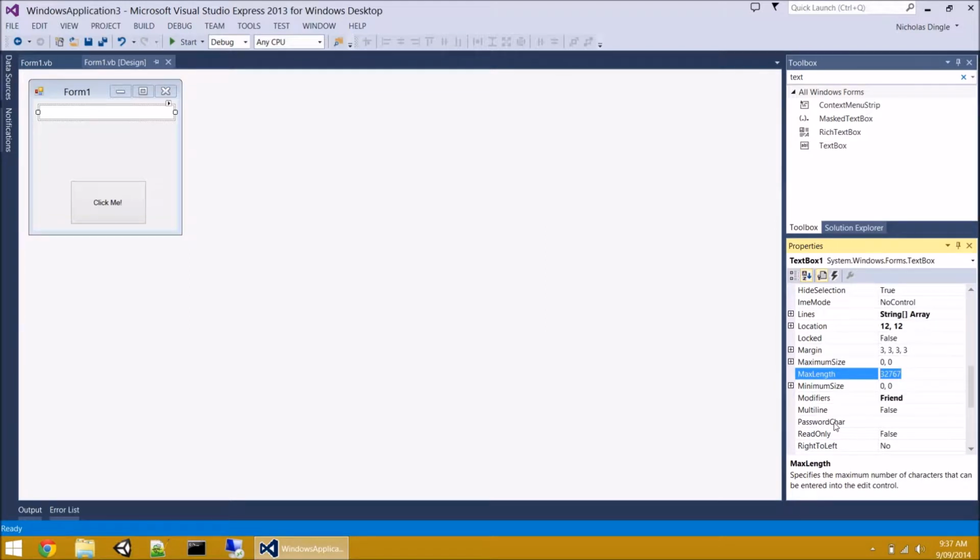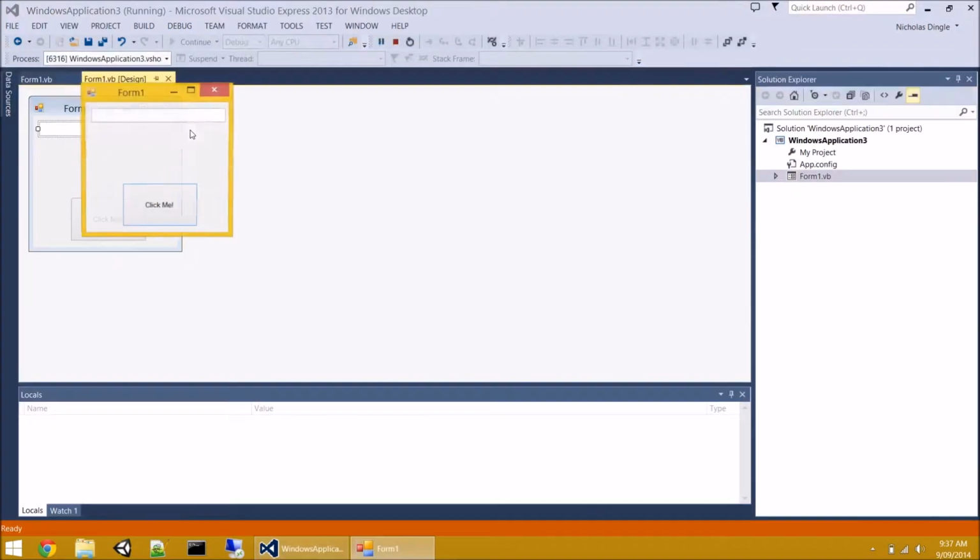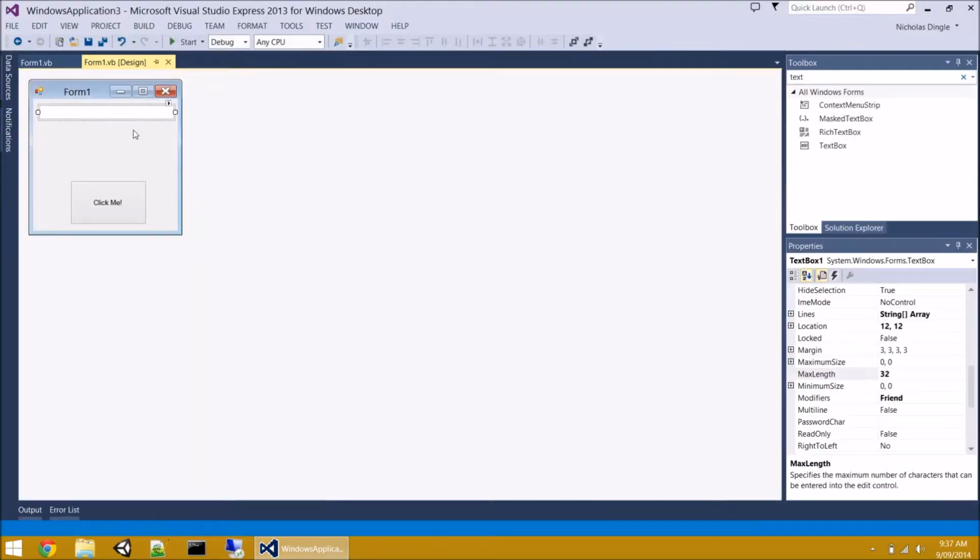I mean, it's a simple setting. If it's a maximum of 32, type in 32. And then all of a sudden, I can't do anything more than 32 characters. So I'll just, there you go, I've stopped at that letter there. Think about that property when you're using your text boxes. It's really important. To be completely honest, I'm actually going to revert that back to its original value so we